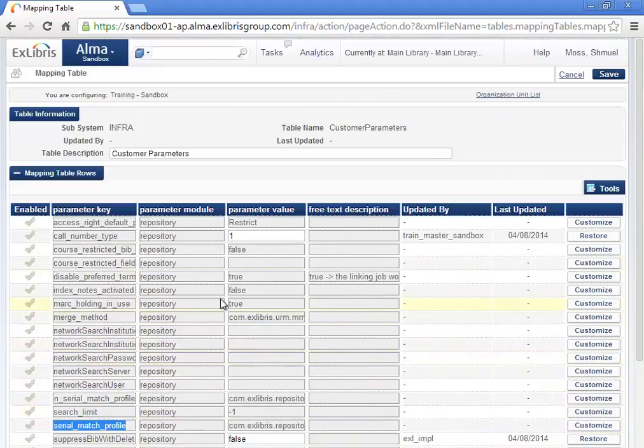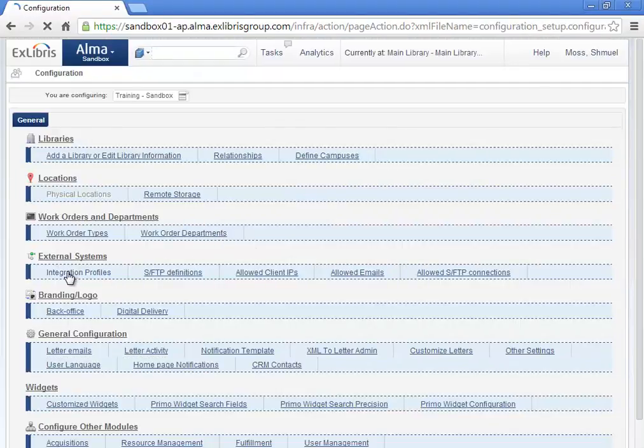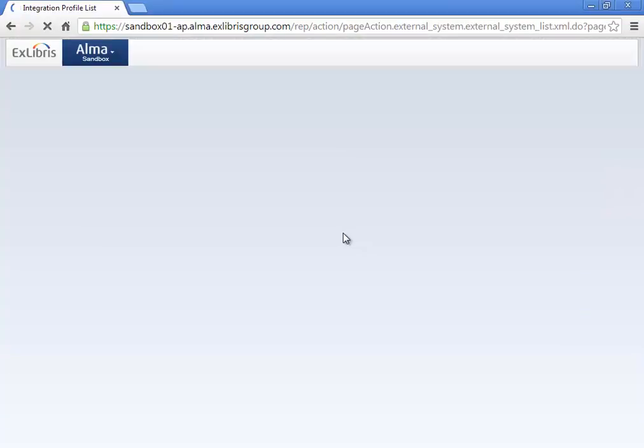Implementation of these configuration elements in the OCLC connection takes place in the OCLC connection integration profile, which is under the General Configuration menu. In the Integration Profiles link under the External Systems submenu, if we open the OCLC configuration in edit mode,